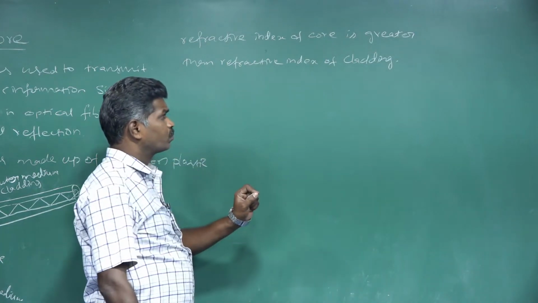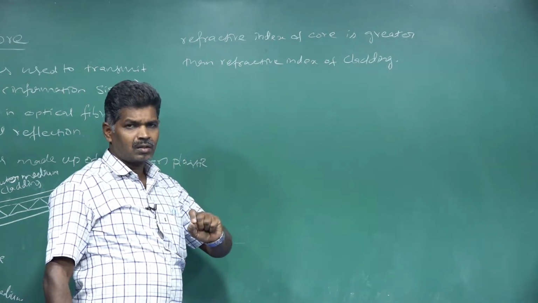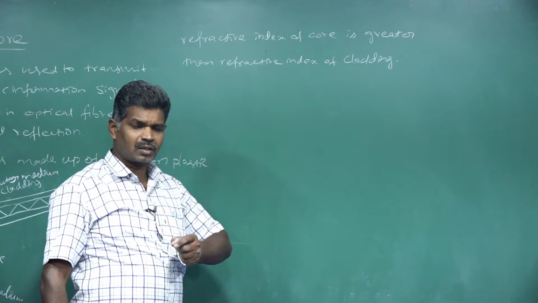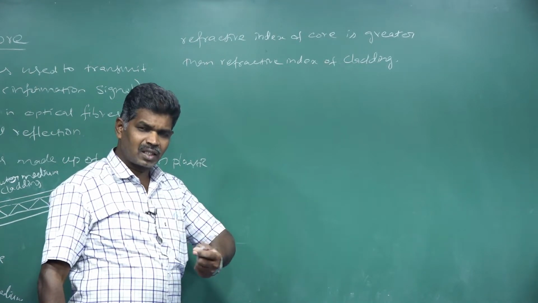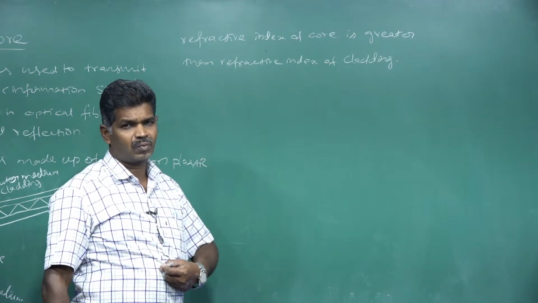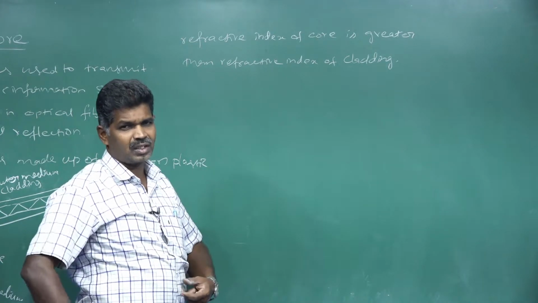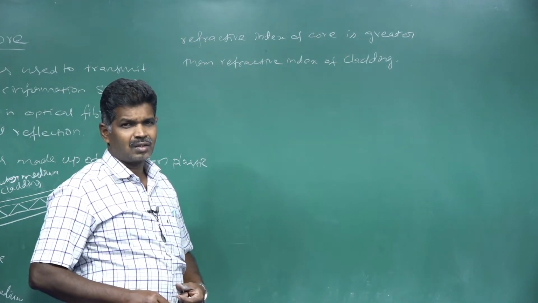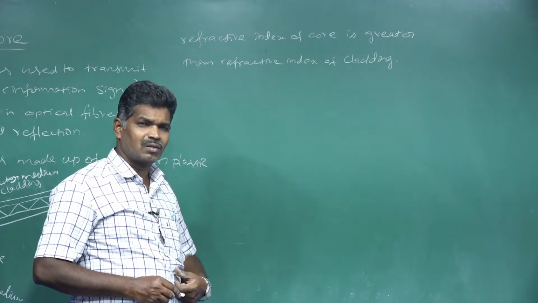Then only, when light moves from the core to the cladding, it obeys the condition for total internal reflection. If the angle of incidence is greater than the critical angle, light can be transmitted through the core